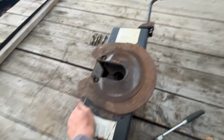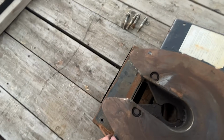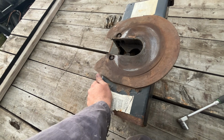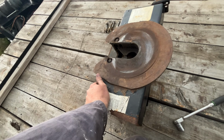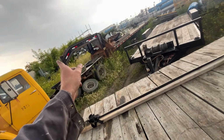Well, I just got the seat done and I decided I'm going to pull this fifth wheel off, being I don't have a fifth wheel. I do have a gooseneck. I guess I could buy an adapter for that. But I want to see what's underneath this, if there's maybe a spot or revision for a gooseneck ball, or if we're gonna have to make something, or what we're doing, because I can't pull that trailer without some way